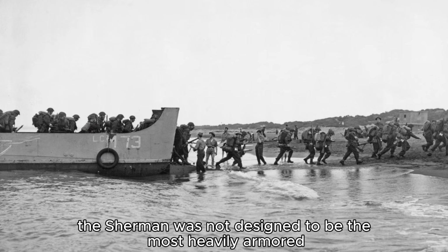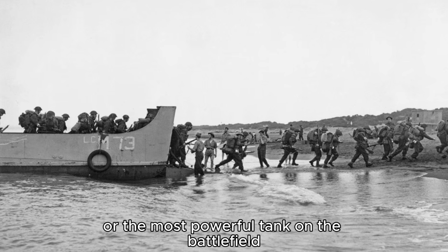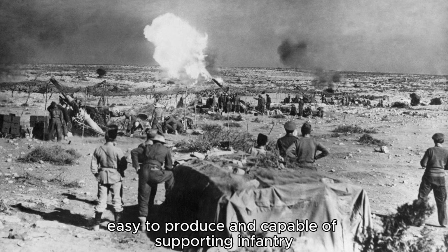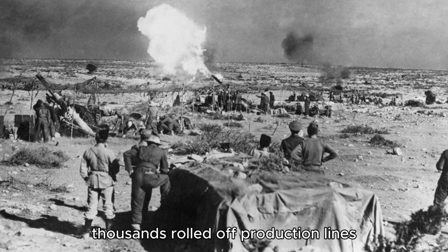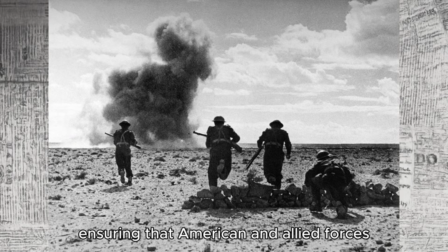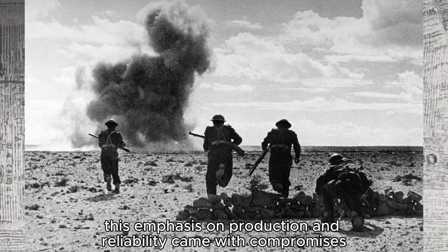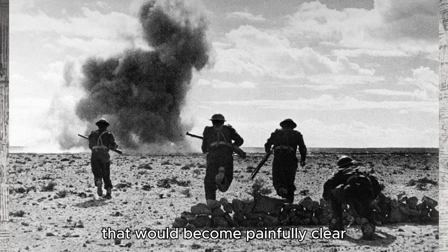large-scale war. The Sherman was not designed to be the most heavily armored or the most powerful tank on the battlefield. Instead, it was built to be reliable, easy to produce, and capable of supporting infantry across a wide range of combat scenarios. Thousands rolled off production lines, ensuring that American and Allied forces could maintain numerical strength even after suffering losses. However, this emphasis on production and reliability came with compromises that would become painfully clear once the tank